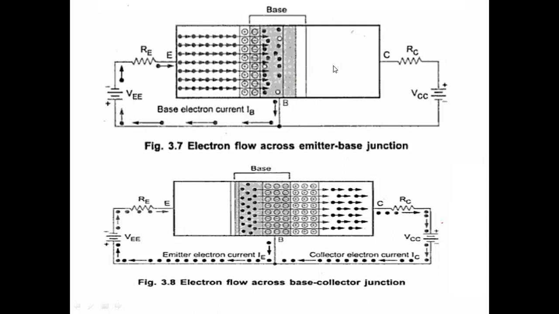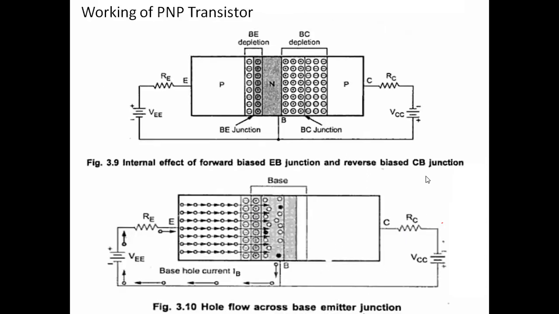And due to that, more number of electrons will come to the collector. This is shown in the next figure. So the more number of electrons will try to attract the positive potential, and due to that we have the current IC, the collector electron current. So here, that is the operation of the